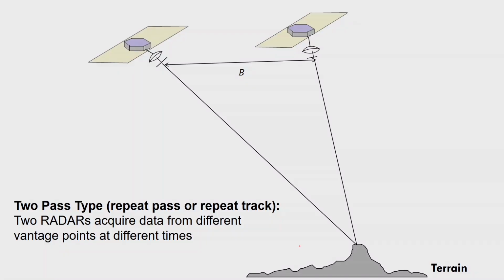This is two-pass interferometry, and we have radar sensor 1 here and radar sensor 2 here, and both have different receivers. So now we should consider p equal to 2 if we are considering the two paths here. This path is different and this path is different. Total range should be considered from this point to this point here. Similarly, for this antenna, from this point to this point again, total range of travel should be considered. So it's called repeat pass or the repeat track. So I hope you got the idea that this point is under observation, and this is the baseline now.